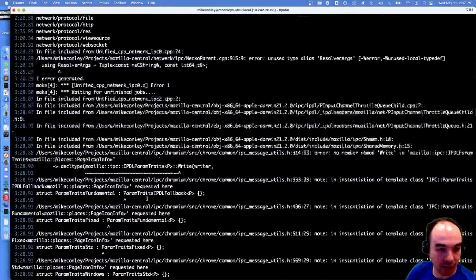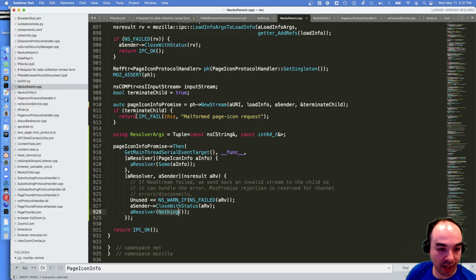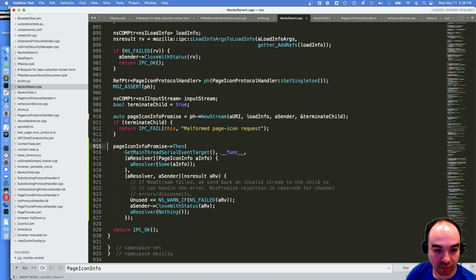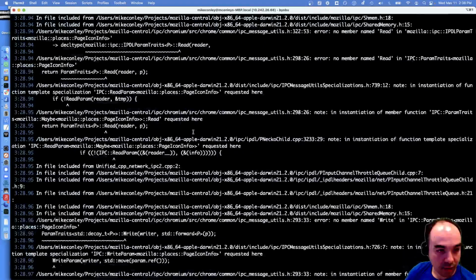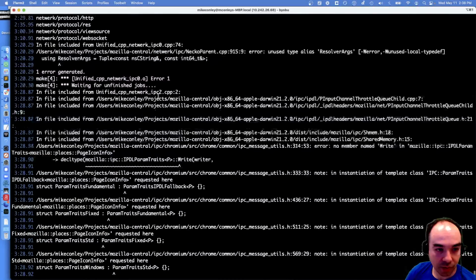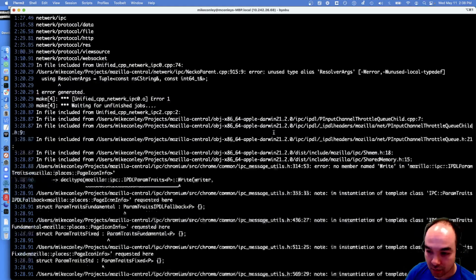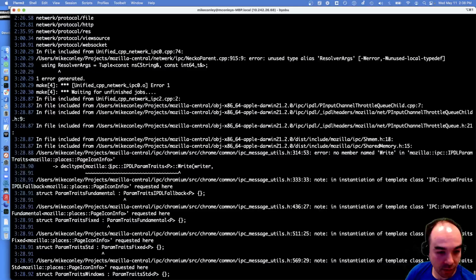Still won't compile. What's the matter? Unused type alias. Right, it's just complaining because I didn't use this thing. I didn't use the tuple. And it's also complaining about an error: no member named write in PageIconInfo.